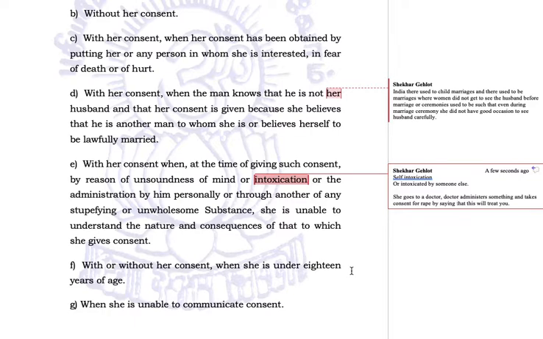With or without her consent, when she is under 18 years of age. If she is below 18, it doesn't make a difference whether she has given a consent or not. Even if she comes to court and says that sexual intercourse between me and him happened with my consent, and in fact I was the one who invited, or I was the one who instigated the act, then also, because she is under 18, we do not believe a girl below 18 competent to give the consent. So any intercourse with a girl who is below 18, there is no consent at all.